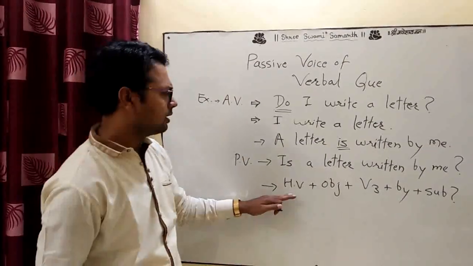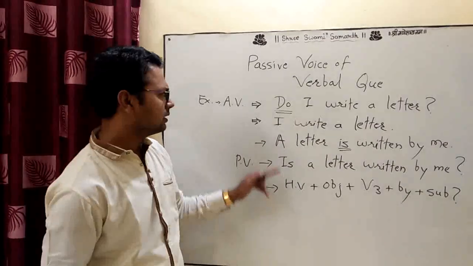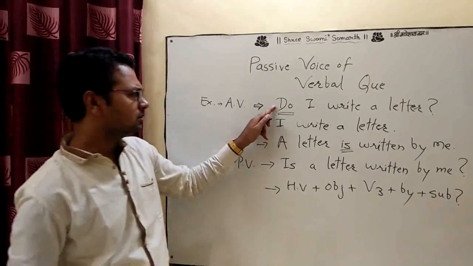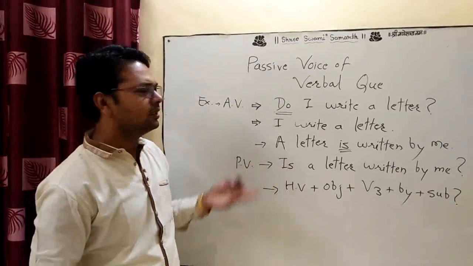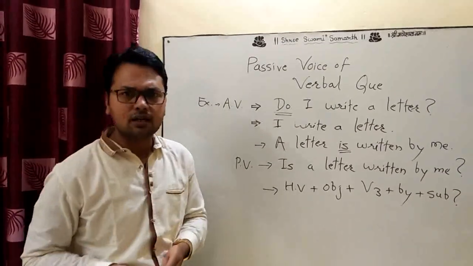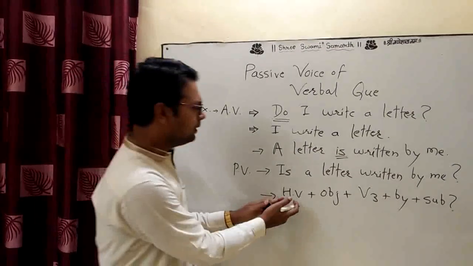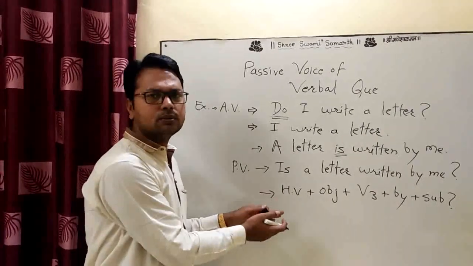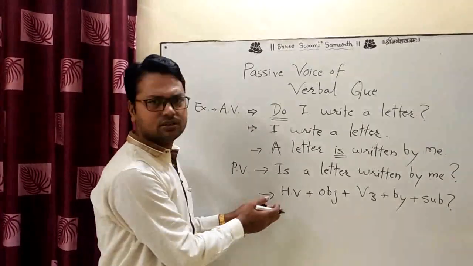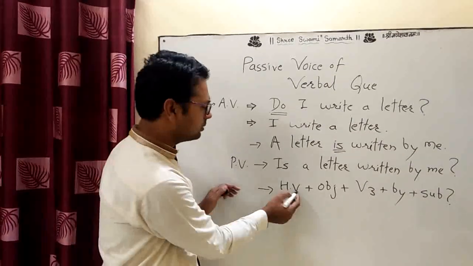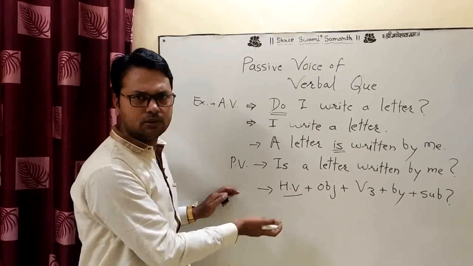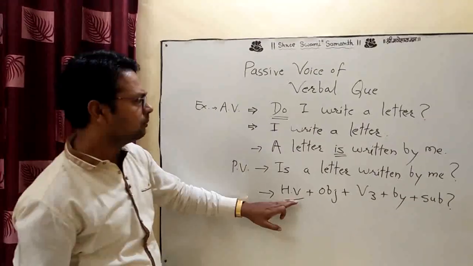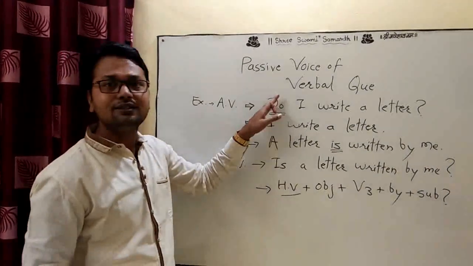Helping verbs are always different. In this sentence do comes, but in the next sentence does comes. In some sentences am, is, are also come. That's why the helping verb always changes in the sentence. That's why I don't write down only do, does, but something else: am, is, are, was, were. You always use the helping verb according to the tense.